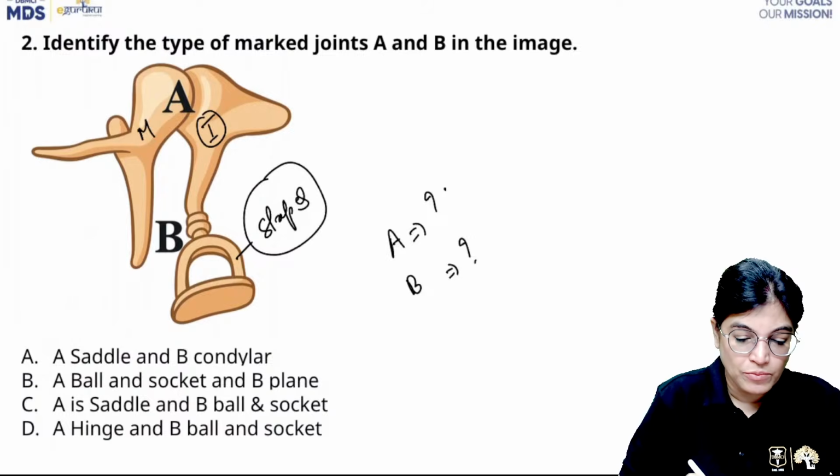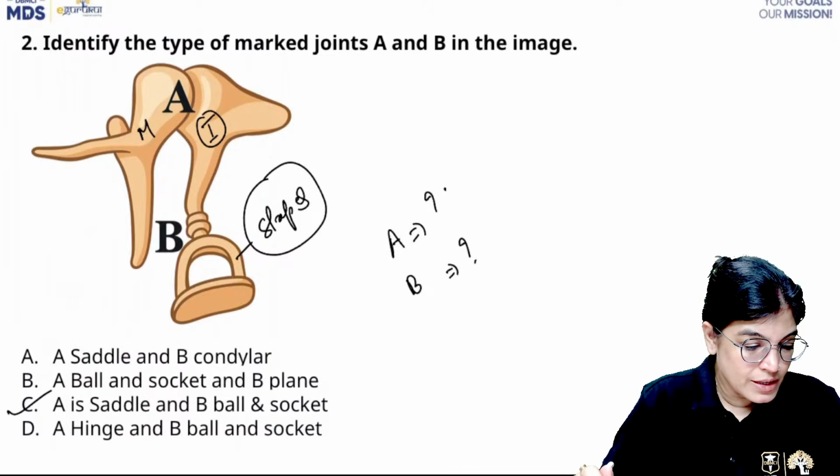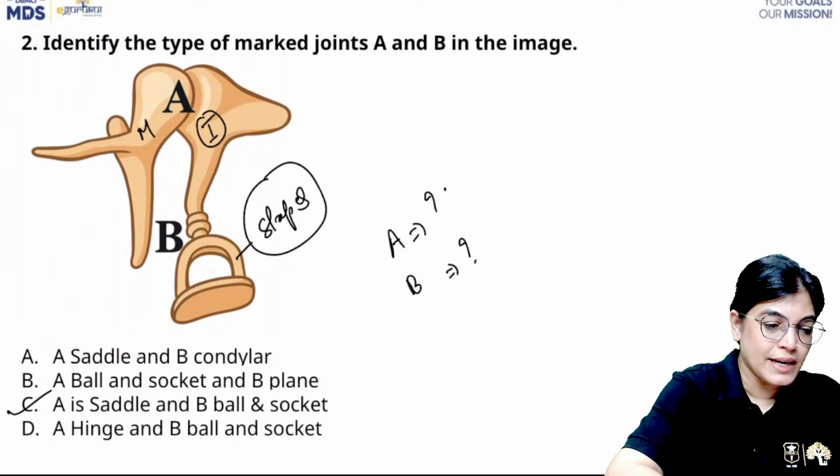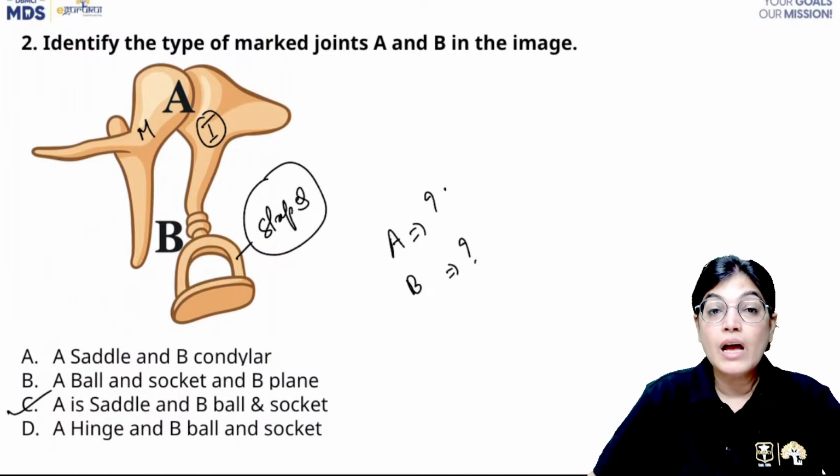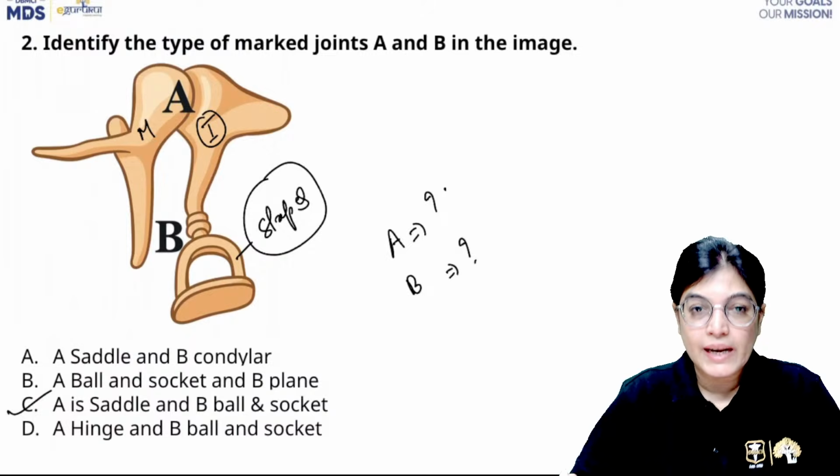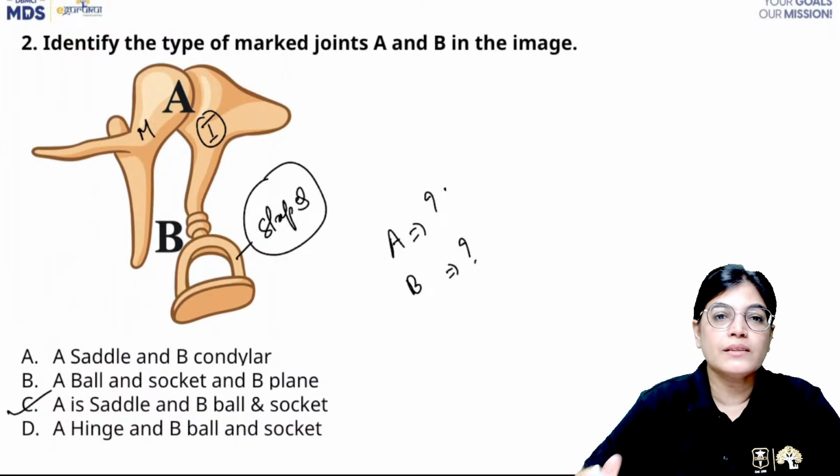So A is saddle and B is ball and socket joint. Yes, I think a few students have given the right answer. So the image based question about this is a question of general anatomy, and we have discussed the articulation